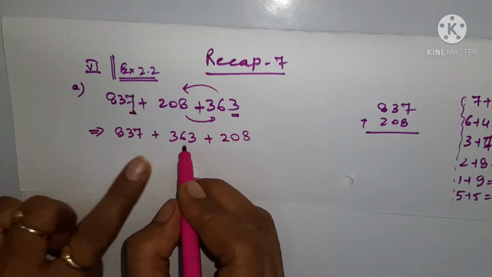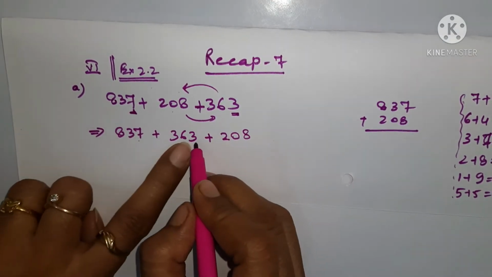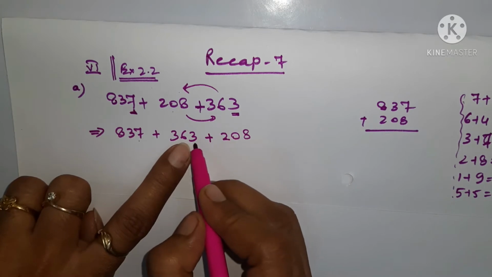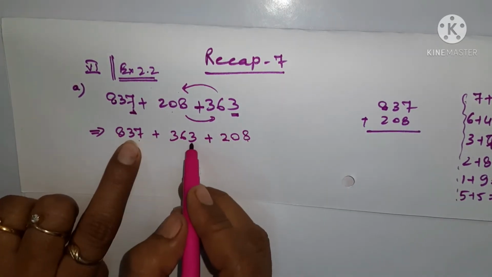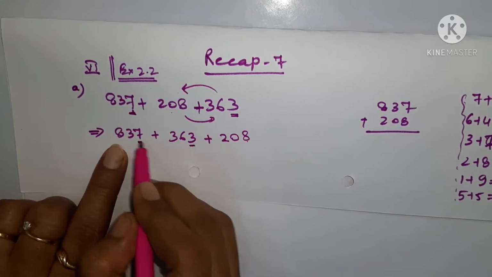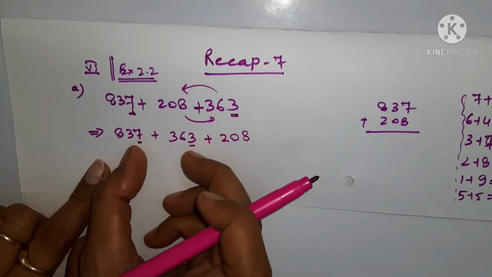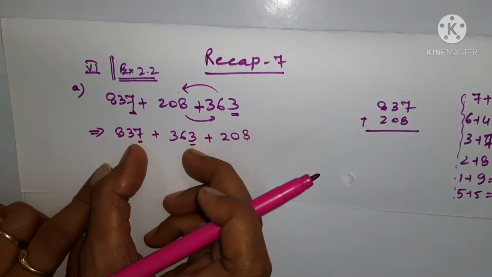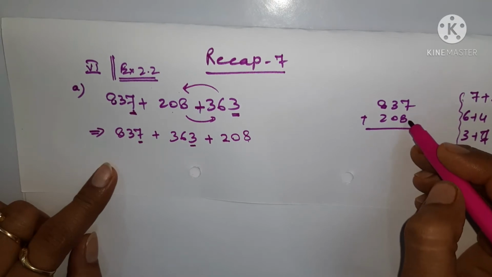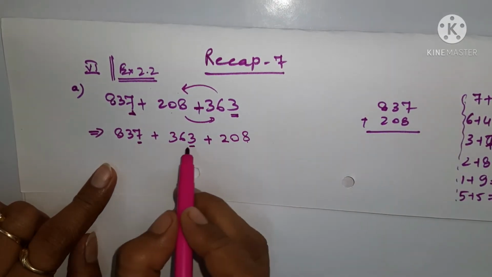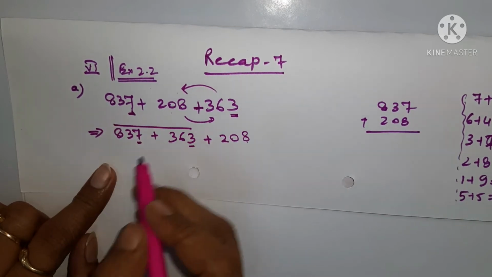Now, as I have told you, you have to check the unit places. Here, when you check the unit places, you can see 3 plus 8 is not giving you 10. But yes, 7 plus 3, this and this is giving you 10, isn't it? So you have to group them together. Bring them together, it will be easier to add such numbers. Rather than finding 7 and 8 easier, you can see that 7 plus 3 will be easier to add. That is why you should group these numbers together.